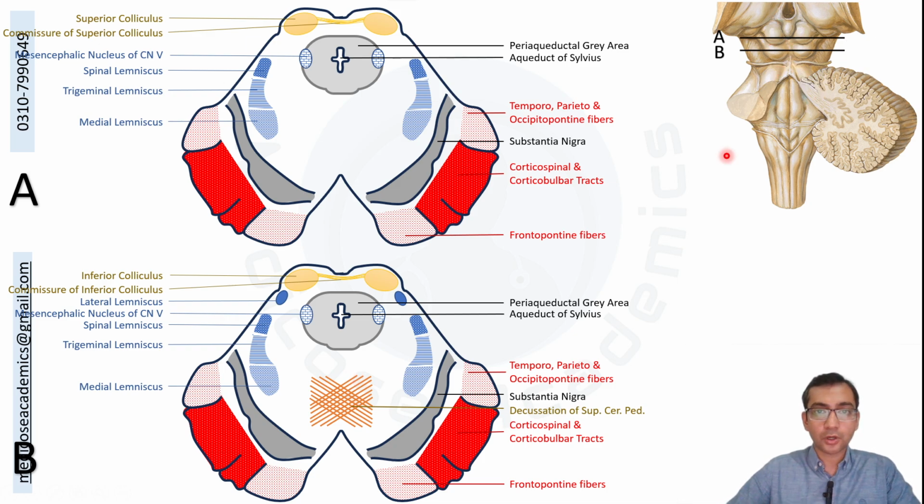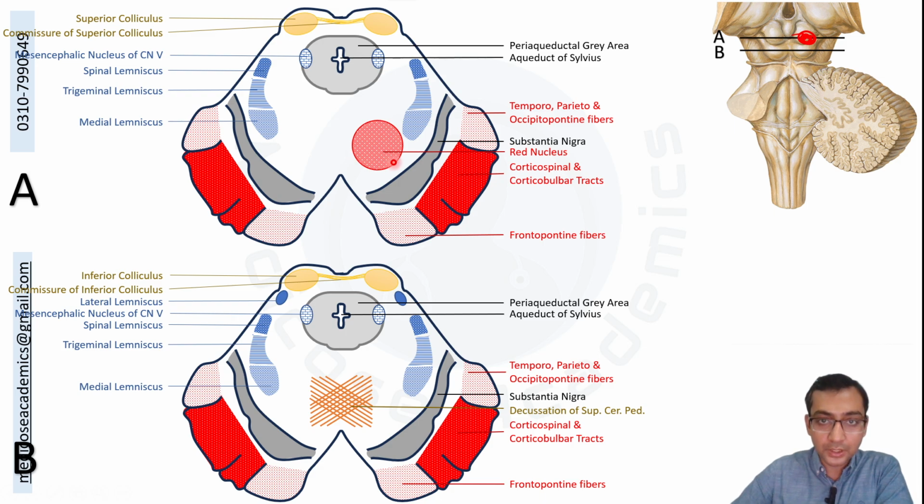Next, let us talk about the upper level, the red nucleus. Red nucleus is present here at the level of superior colliculus, and it is shown right here. It gives rise to the fibers that go downwards and affect the muscles through the spinal cord, the descending tract called the rubrospinal tract. As you can see, there is a very big red nucleus present here. It is receiving fibers from the dentate nucleus through the opposite-sided cerebellum, through the fibers coming through this decussation,